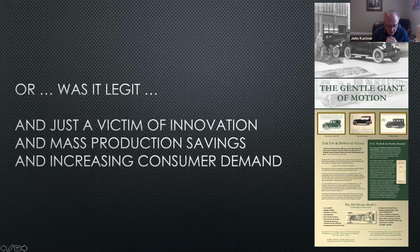Top speed of the Brooks steam car was 35 miles an hour, which was not terrible. But one of the obstacles to great consumer demand was that it took 30 minutes to warm up. It took 26 steps to start it and get it to the point where it would move. And one thing it does not talk about, it was inherently dangerous, in that it ran under pressurized steam. That was one of the obstacles as steam started to disappear, as there is some obvious danger to running a vehicle powered by a steam boiler. Over and above that